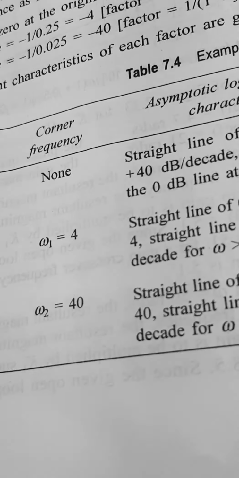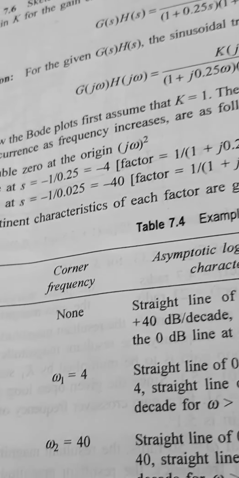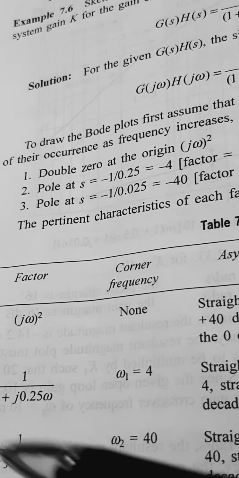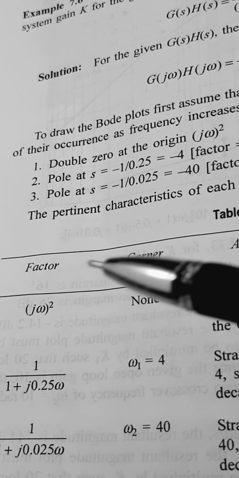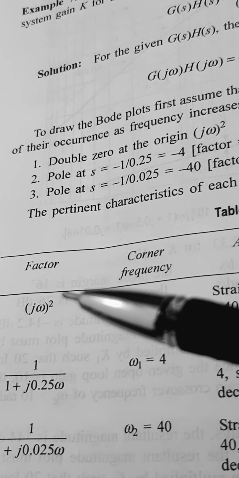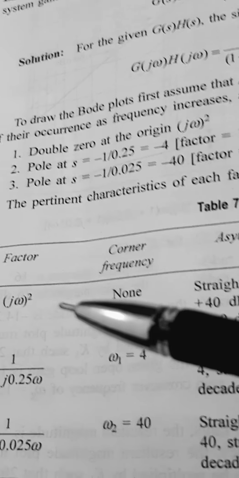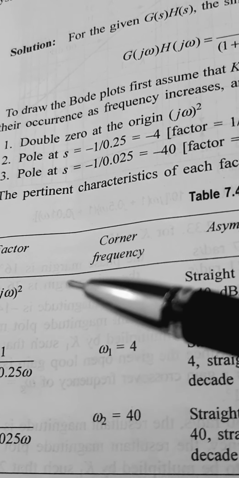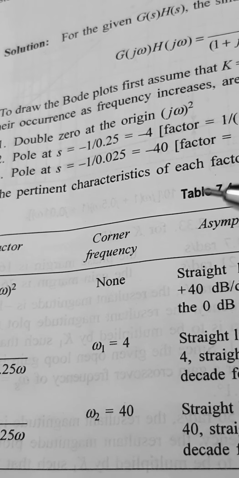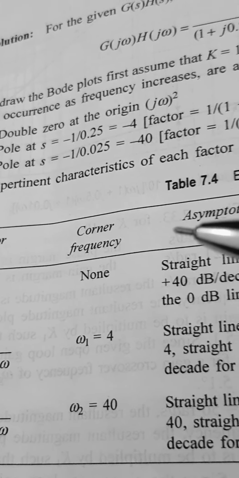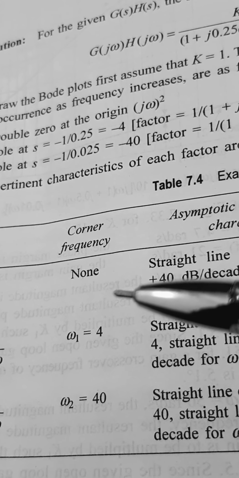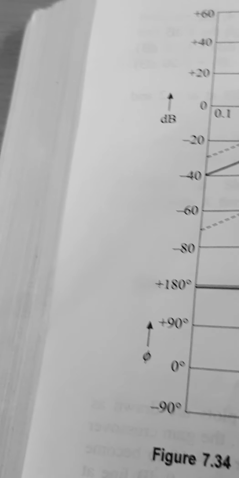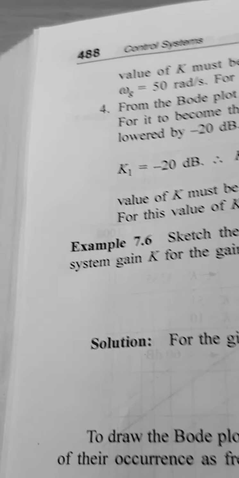After that, again minus 20 dB. So when you are taking the cumulative effect of all these three, first we'll start with the lowest corner frequency. This will cross through omega is equal to 1 at 0 dB with a slope of plus 40 dB. We are doing it here because in our question they have asked for 0.5 radians also.